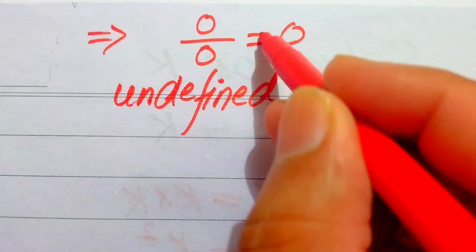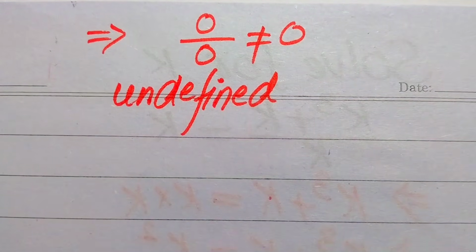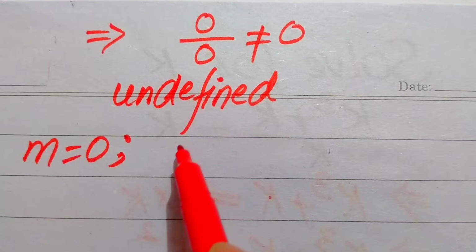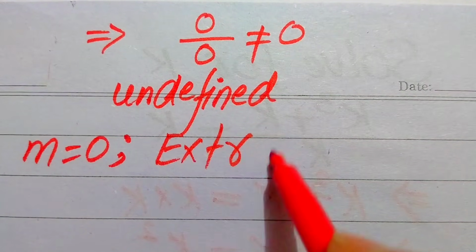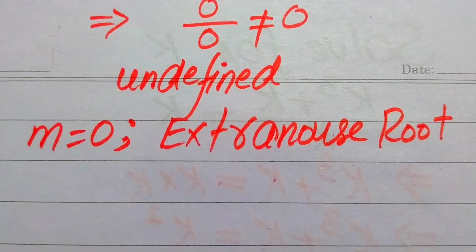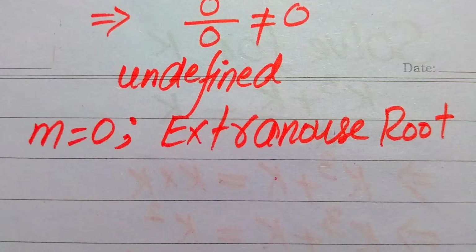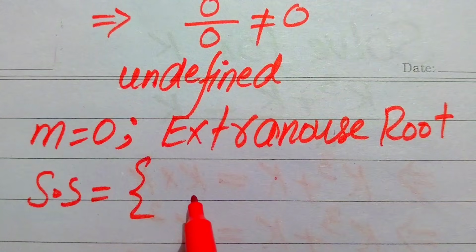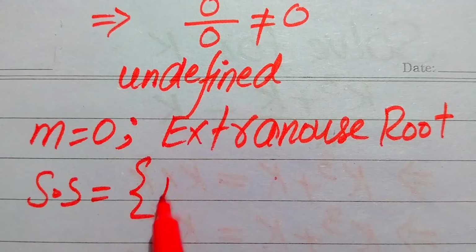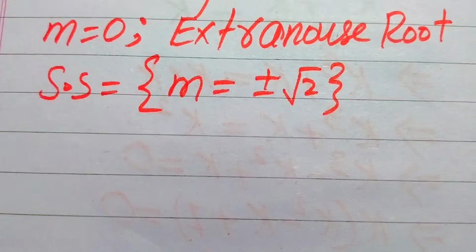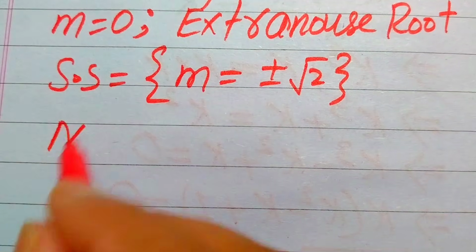So if the left hand side is undefined, this means that both of the sides are not equal, and if both of the sides are not equal, this concludes that the value m equals 0 does not satisfy our given question statement, and we call m equals 0 the extraneous root of the given equation. Okay, so this is the extraneous root because it does not satisfy our given question statement. And further you see we have two values that satisfy our given question statement, so the solution set of the given question is m equals plus minus square root of 2. So this is our final answer which we get here from the first method,